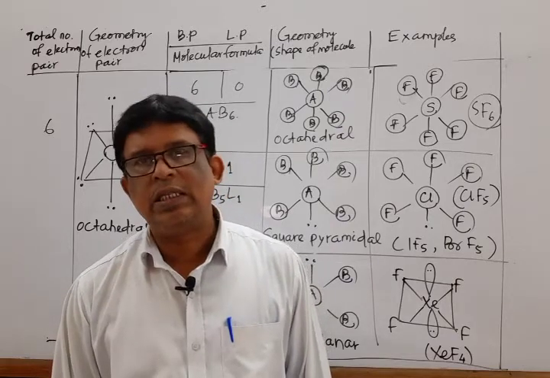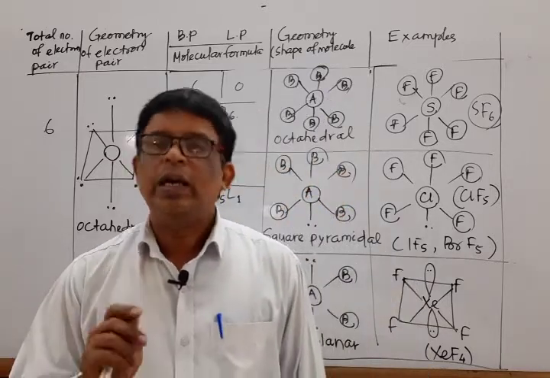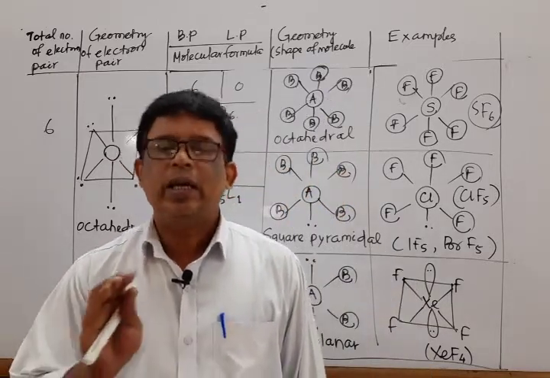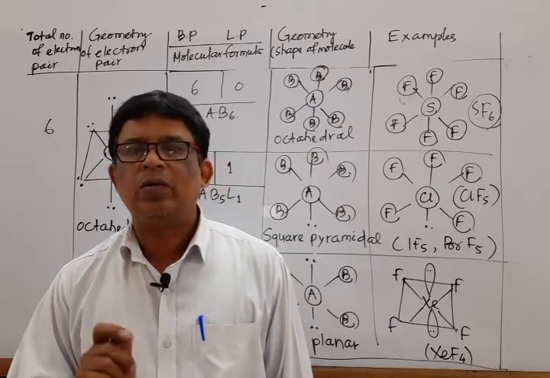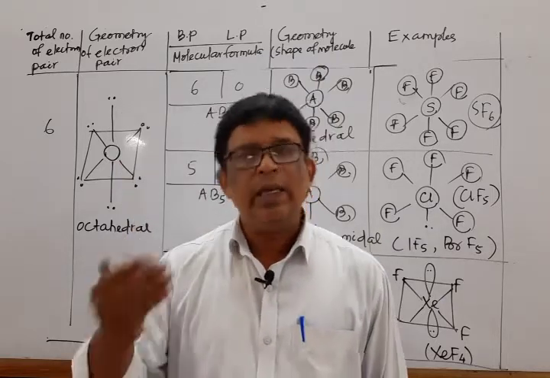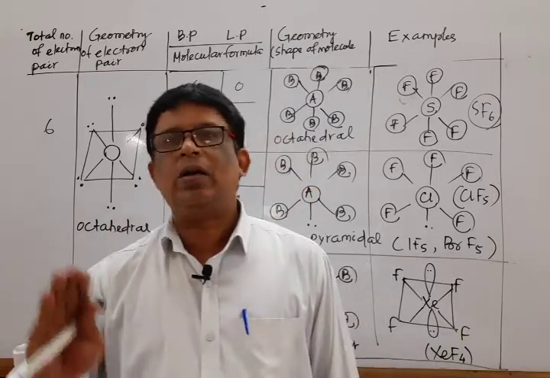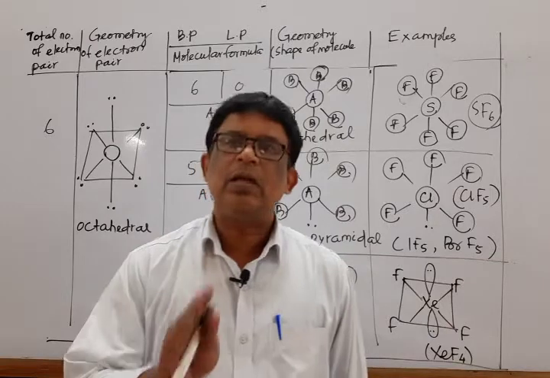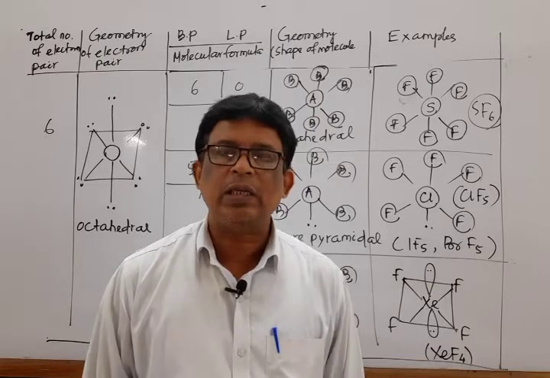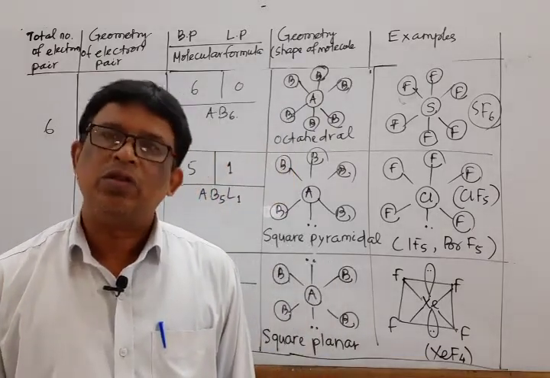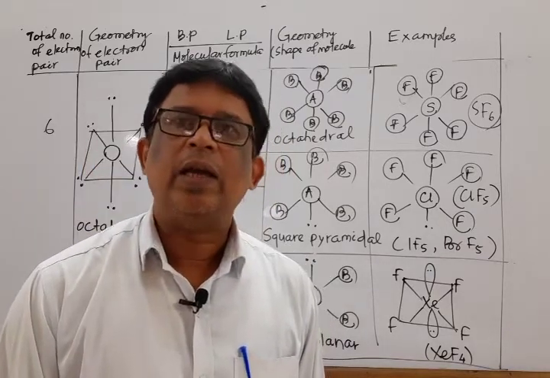So there are some cases: case 1, total number of electron pairs is 2; case 2, total number of electron pairs is 3; next, total number of electron pairs is 4; next, 5; and the last one, total number of electron pairs is 6. And in individual cases, there are sub-cases: if all are bond pairs, or less 1, less 2, less 3 bond pairs and the rest are lone pairs. If this is the case, what is the expected geometry? It is all about the valence shell electron pair repulsion theory.